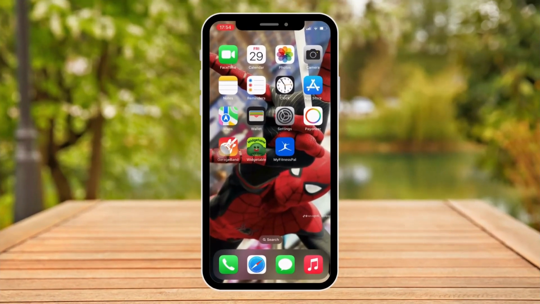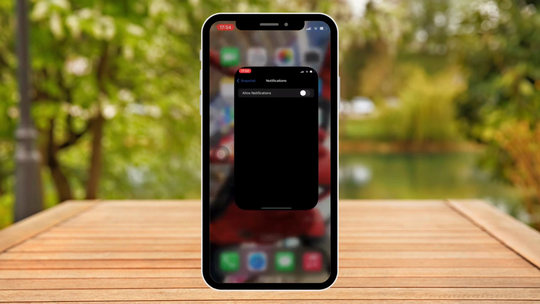So in this video, I'm gonna teach you how to add Snapchat as a widget on your iPhone. This only works for iOS 16 and above, so please download and update your iOS version as it is, okay? So the first thing you wanna do is of course head to the settings because Snapchat requires a